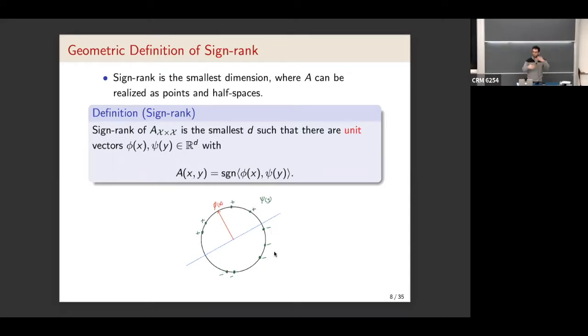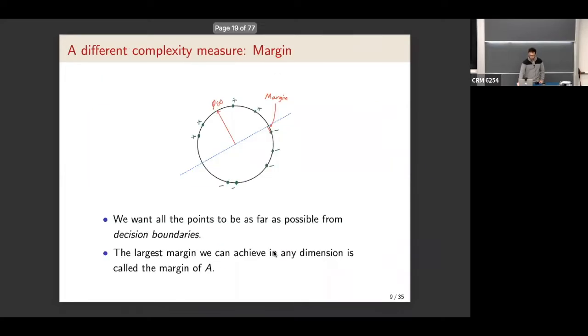So depending on which side of this half space, half hyperplane, you are, you get a plus or minus one. So you're really representing with points and half spaces. And those representations are very common, right? Like when you do, say, support vector machines and so on, you represent vectors as points and half spaces. Okay, so I defined sign rank geometrically, but when you have this geometric representation, there's another natural notion which comes,